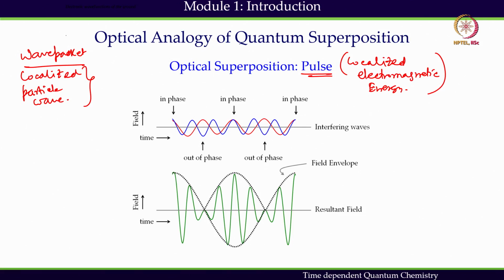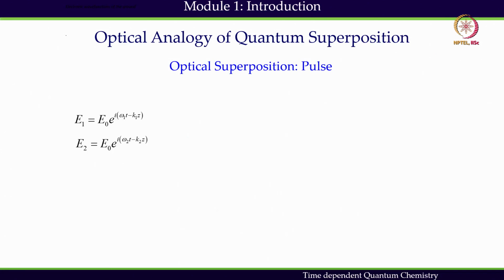We create optical superposition by considering two slightly different frequency components, interfering with each other. There are places where they will interfere constructively, and places where they will interfere destructively. In the end, the final pulse should look like this, a pulse which is localized electromagnetic energy in space. And when we look at this, we will be able to define the optical pulse creation, because the total electric field will be defined in the following way.